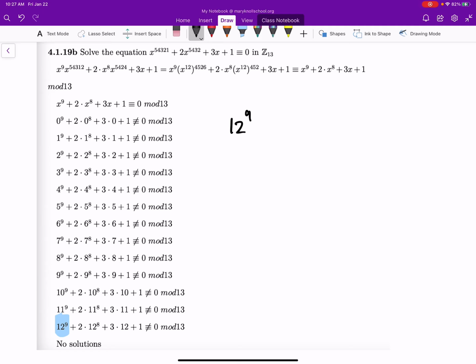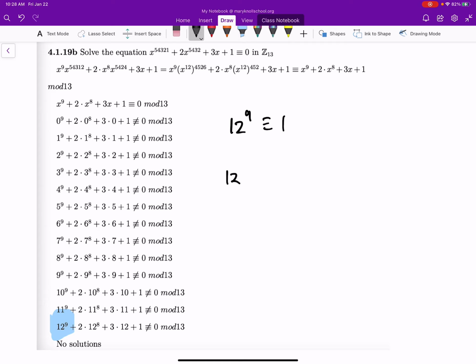So I'm getting, hold on a second, just using my calculator here. I'm getting that that's actually 1. So 12 to the 9th is equivalent to 1 in Z13. So what I'm going to do is I'm just going to take this and just say that's